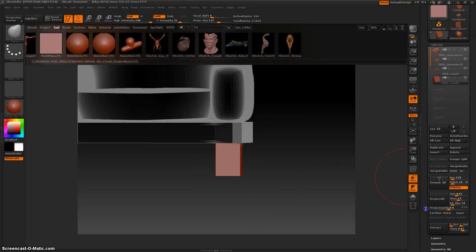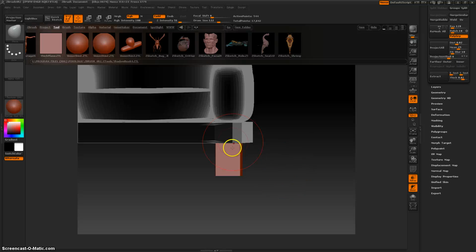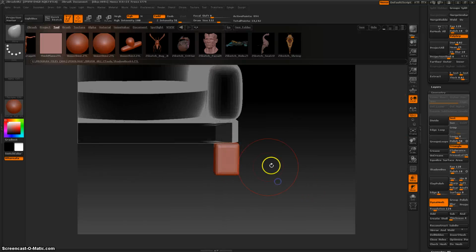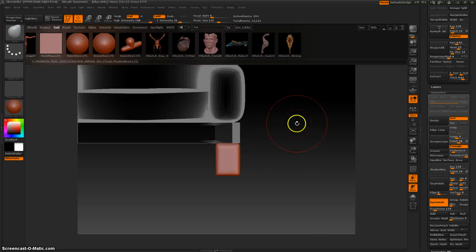I'm actually going to make this Dynamesh real quick, this little leg here, just so that it clears out some of that. So I'm going to go to Geometry. Let me see. Dynamesh. Click and drag. Should rebuild it. Beautiful. Okay. Now I'll do it. So back to the Move tool. And then click. Okay. So if you hold Control while you do it, it'll actually create a mask,